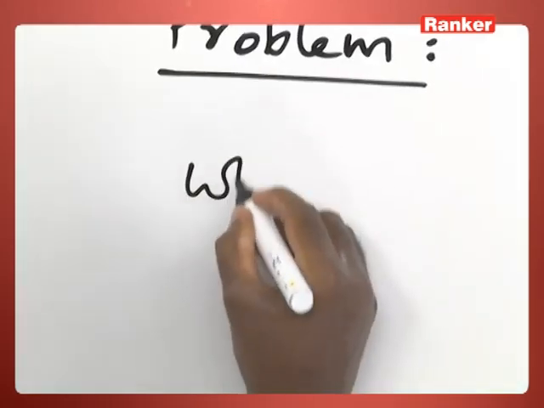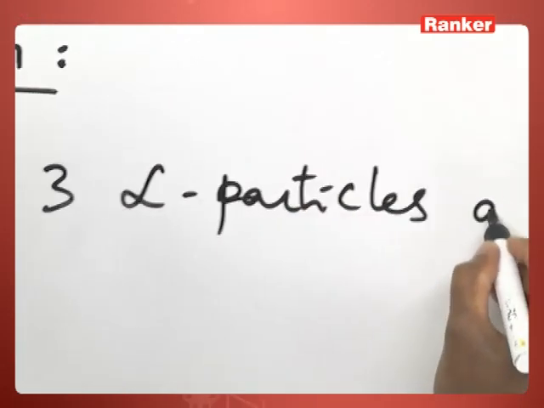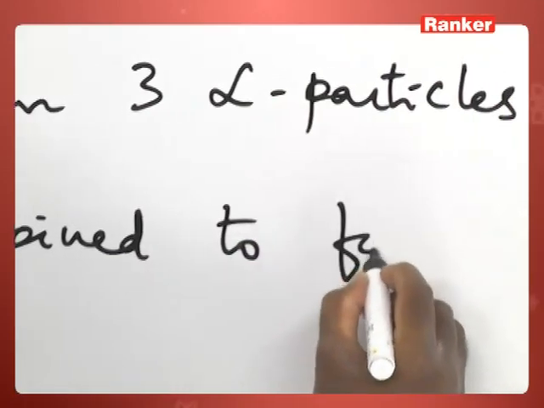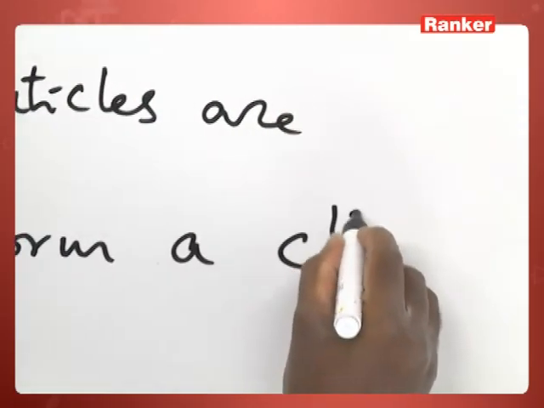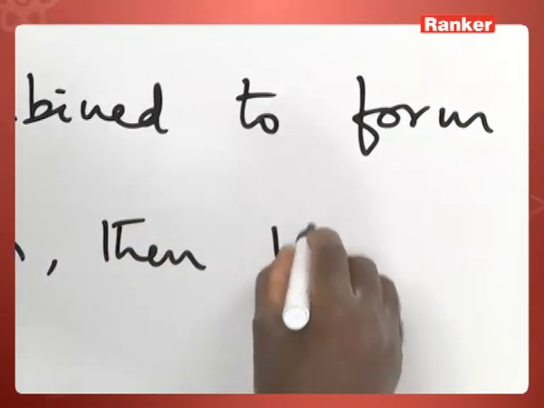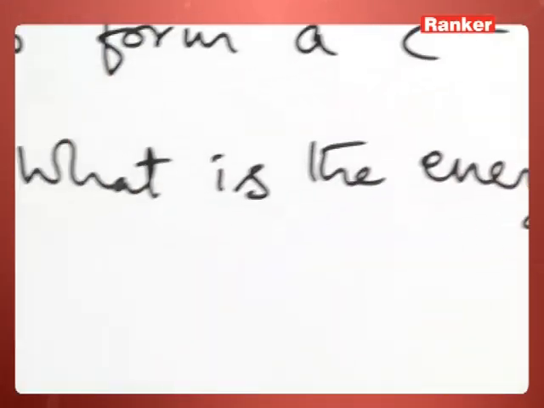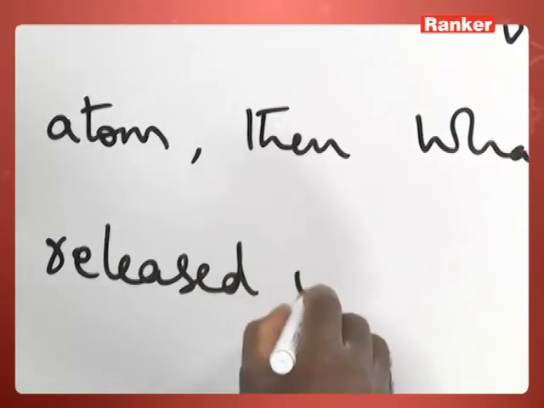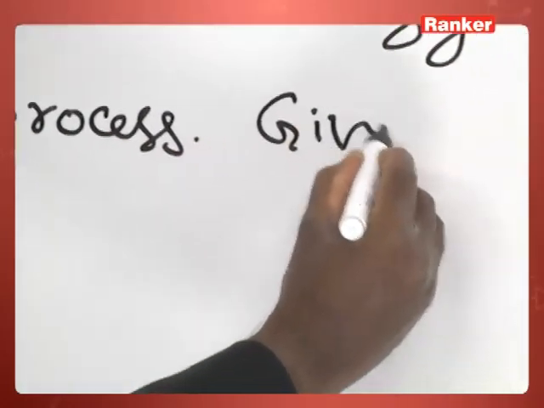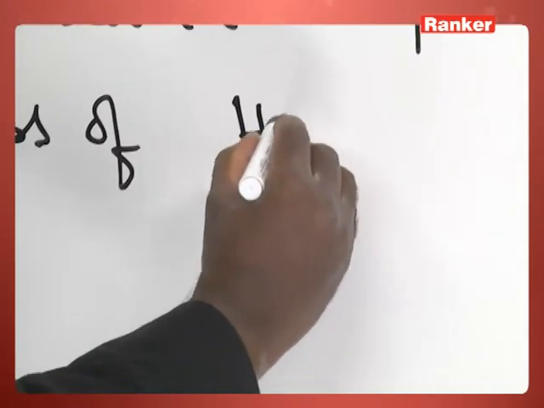Now we'll see the problem. When 3 alpha particles are combined to form a C12 atom, then what is the energy released in the process, given the mass of an alpha particle, that is helium nucleus,